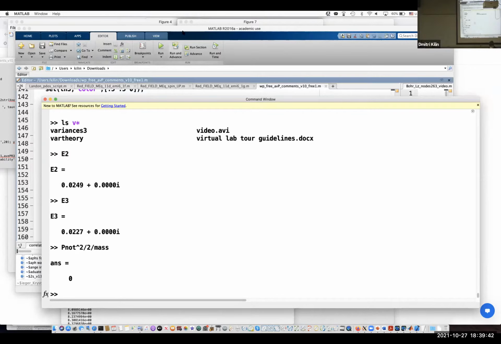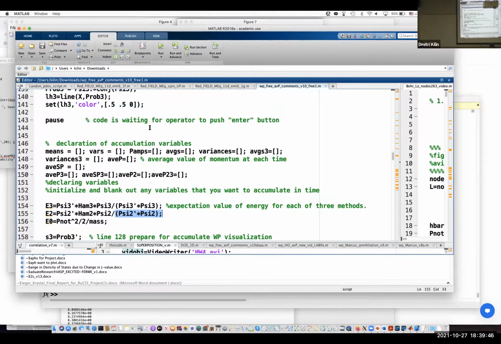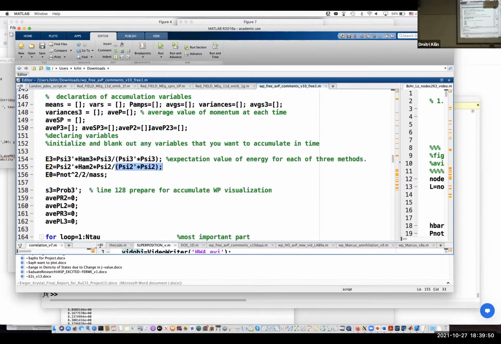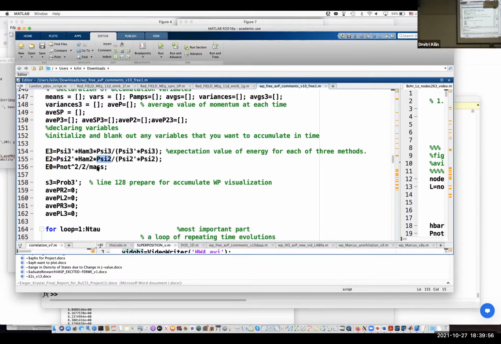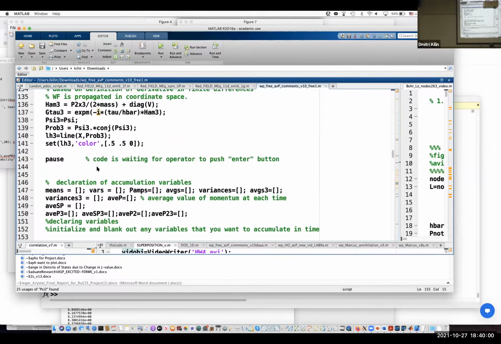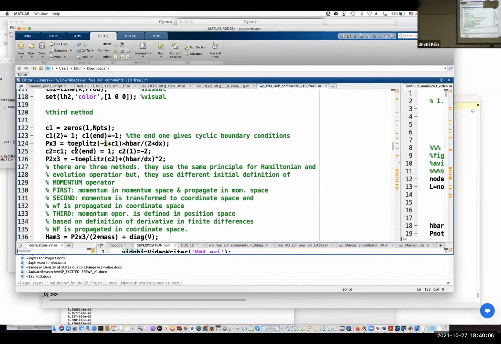Okay, so if I browse through the code, I see this psi2 and psi3, which are the current version of the wave function. Psi3 equals psi. So I scroll backwards,